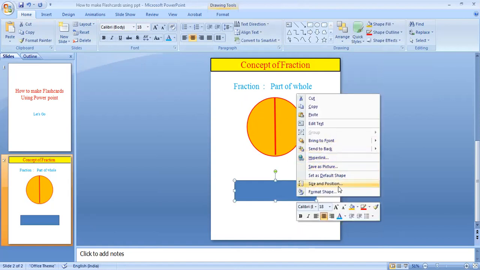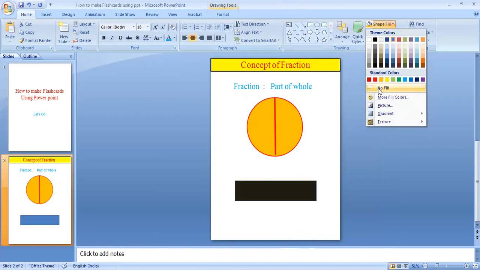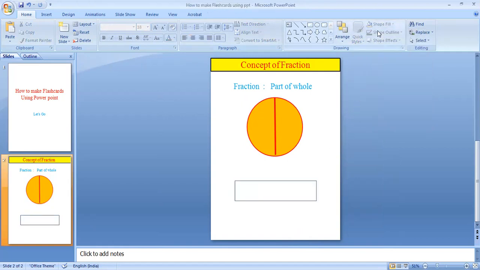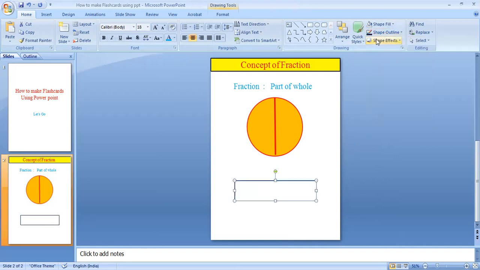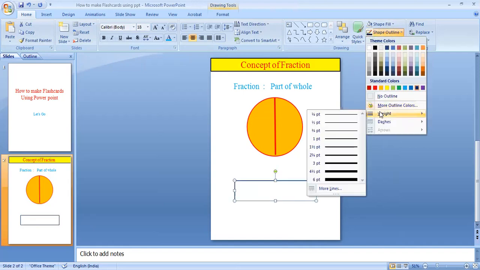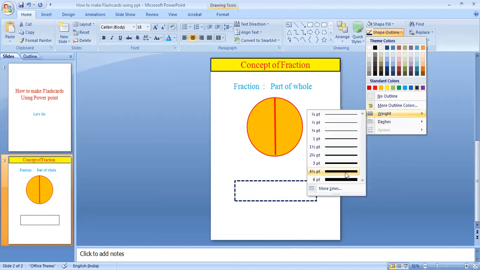And also if I take no color, I can select a plain circle, plain rectangle, and once I click on that, I can also give outlines, and also change the thickness of the outline, or we can use a dotted line also. So select from dashes, and also change the thickness of these lines.